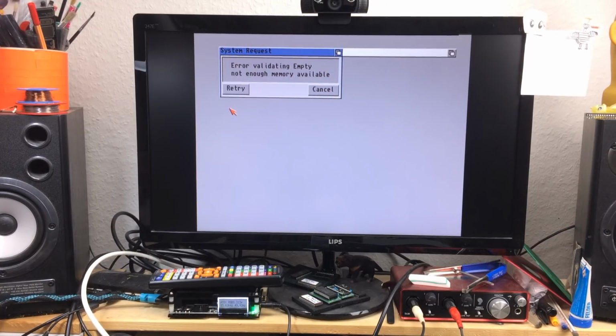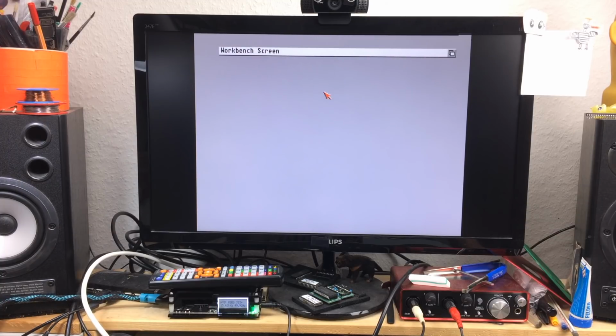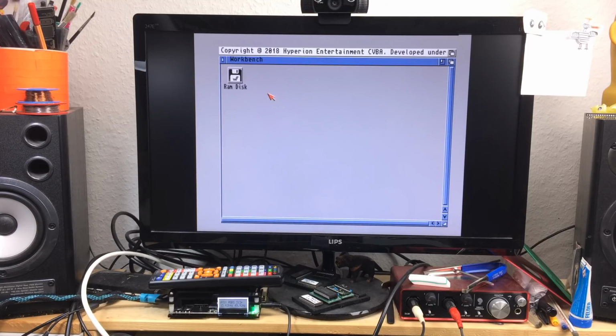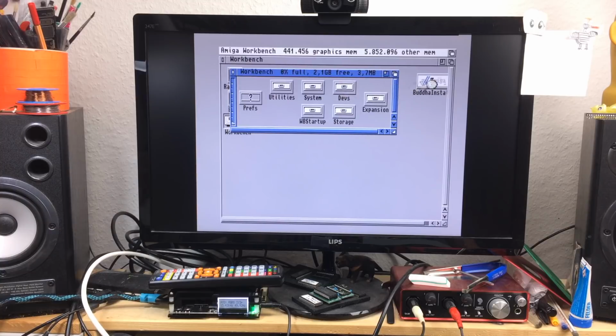So whenever I boot this machine up, now it fails with this error: validating Empty, which is the name of the large partition, not enough memory available. And I got some really nice and helpful suggestions from you people. Now it takes a while and it should boot up normally. There we go. And it all works, so I can use Workbench